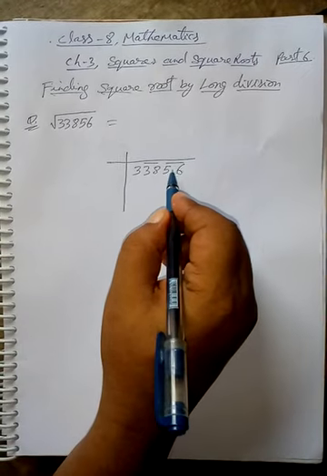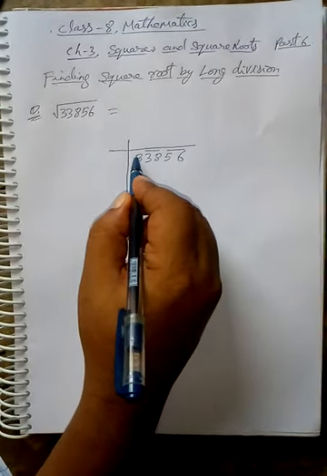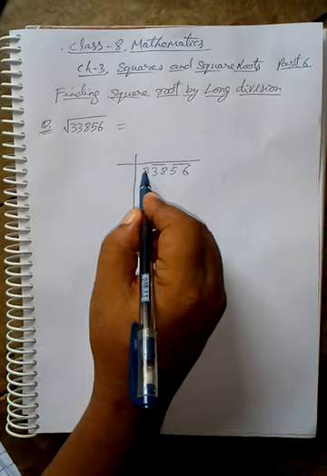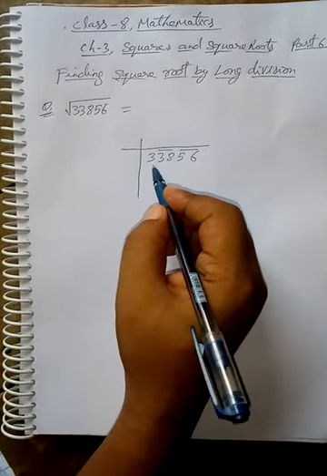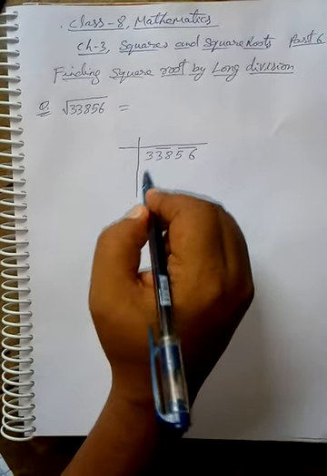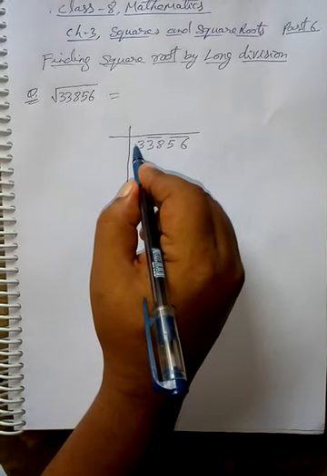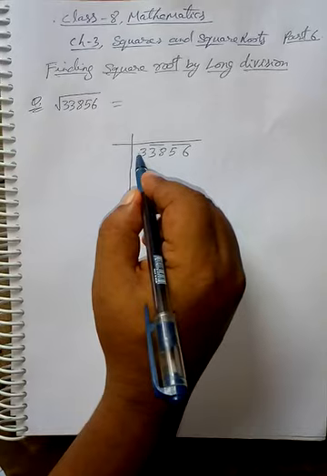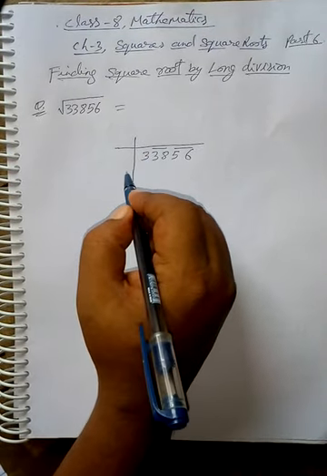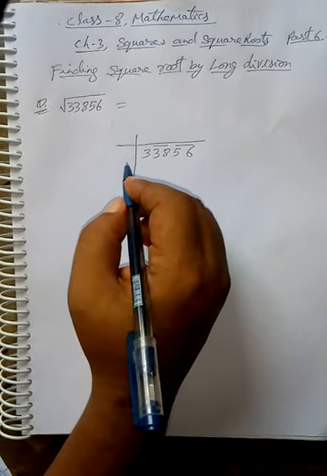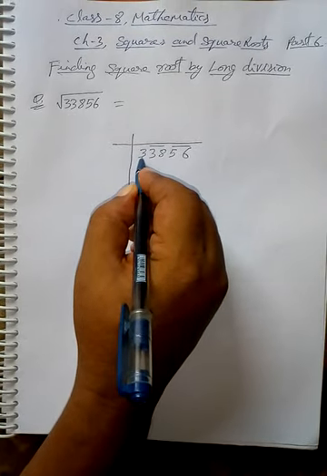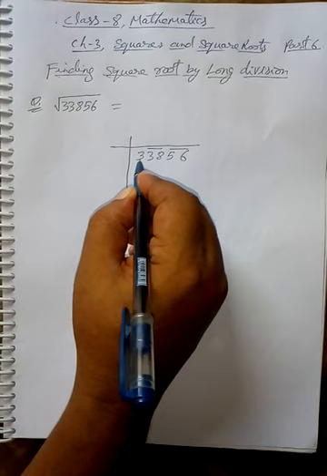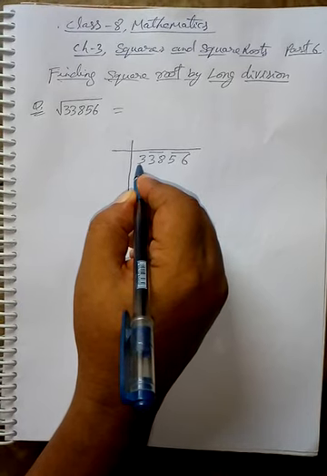Suppose I am making the pairs 56, 38, and 3 is left without a pair. So this is the pairing. Now what we see, there are two periods, 1, 2, and this is also the third period, but it is a single digit. So first we will divide 3. So how will we divide? We find the square which is nearest to 3 but not greater than 3.